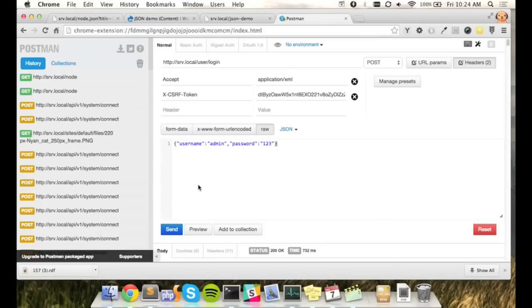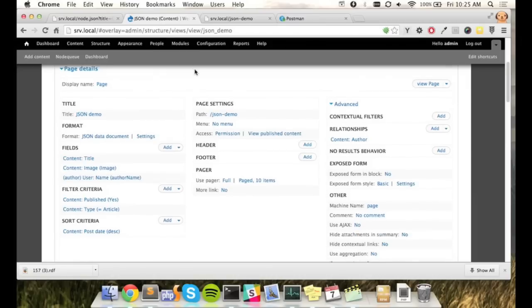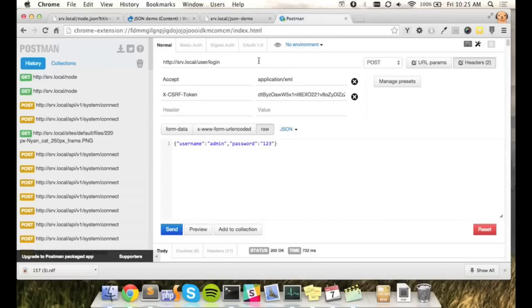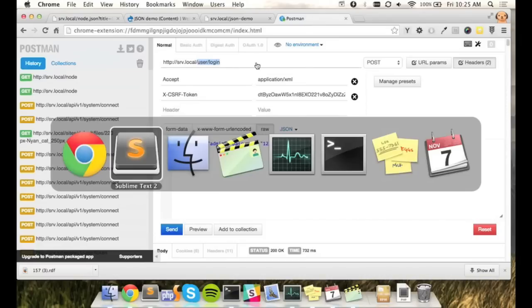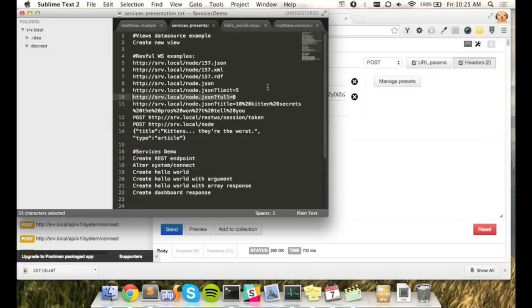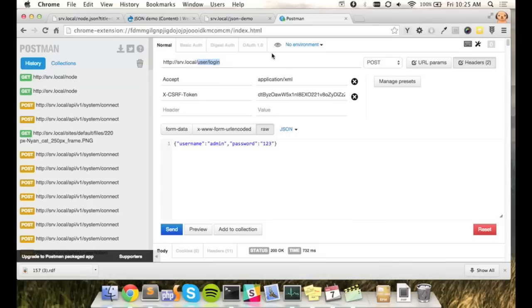Because I'm using a browser-based REST client, I already have a session that is persistent from when I logged in on the web. So I don't need to do that. What I do need to do is get what's called a CSRF token. CSRF stands for cross-site request forgery. To make a long story short, it's an additional value that is parallel and has a one-to-one relationship with your session cookie that is used to